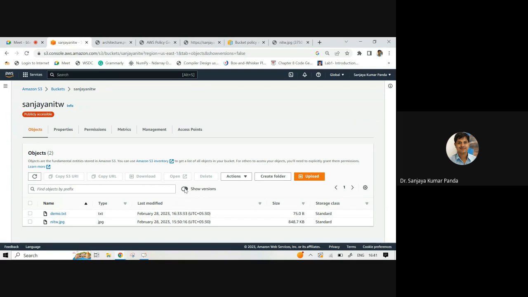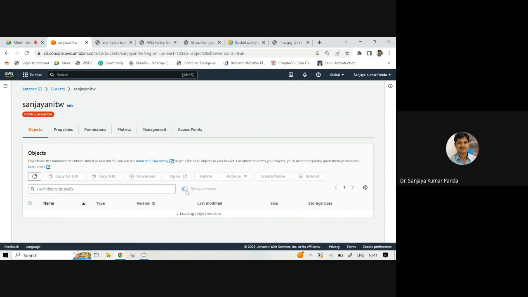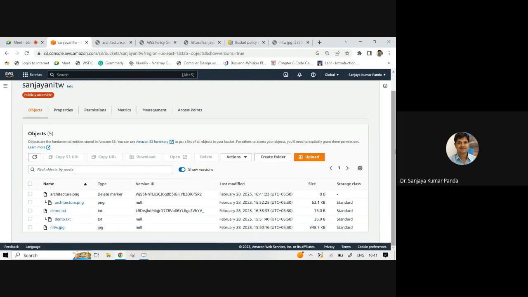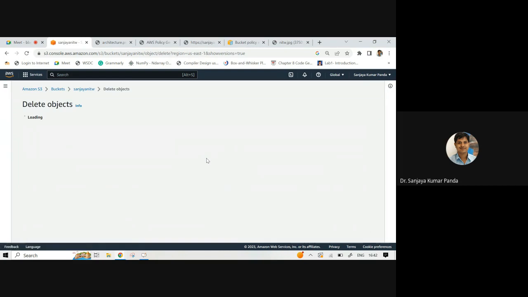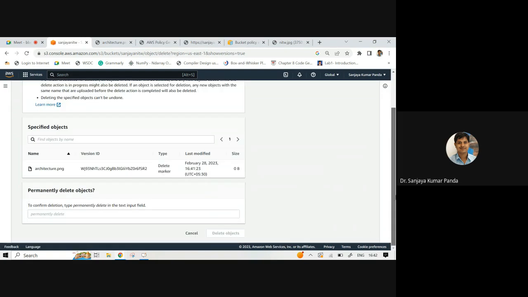So when you enable show version, you can see the architecture.png file is there, marked with type delete marker with a version ID and size 0 bytes. And once you delete it from here, then it is going to be restored.